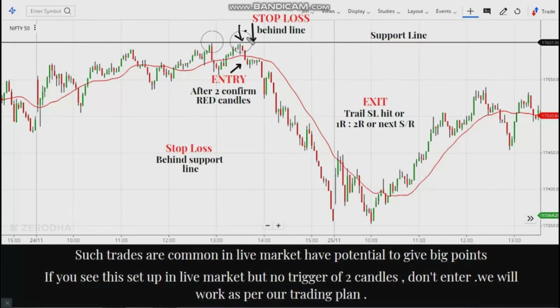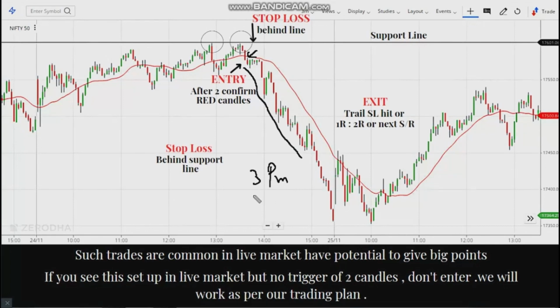When you see the failed attempt the second time by the price action candle, they are not able to break the resistance here. So this is a setup, and we wait for our trigger, and our trigger is two red candles. When the two red candles are formed, we enter on the third candle here, and from here we trail our trade. We exit somewhere around 3 o'clock